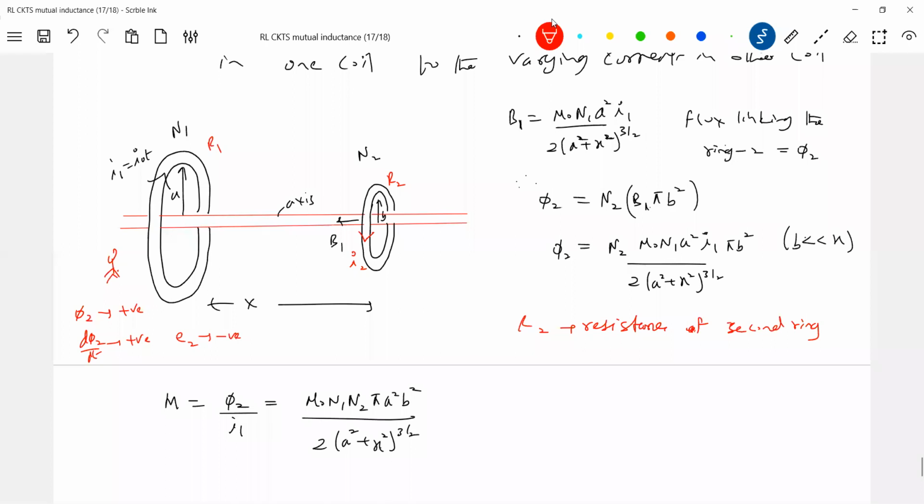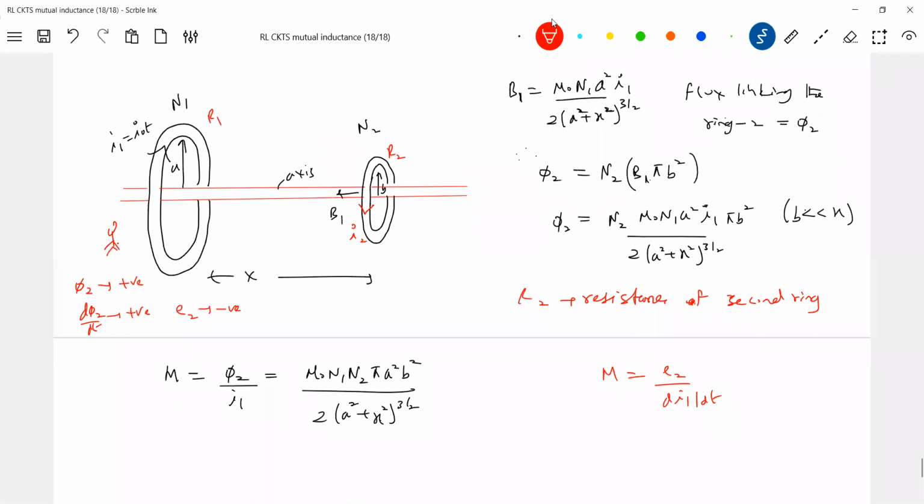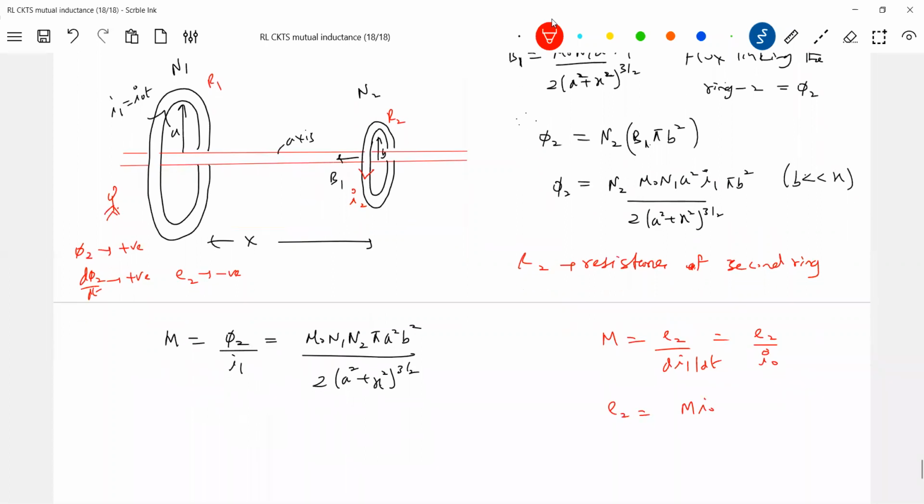Now I know EMF induced. I know this mutual inductance. Can I write like this? The mutual inductance M is equal to E2 over di1 by dt. I know the mutual inductance, the value is this much, and I'll get the E2. What is di1 by dt? It is I0, no? Then E2 is equal to M I0. Then what is I2? I2 should be equal to